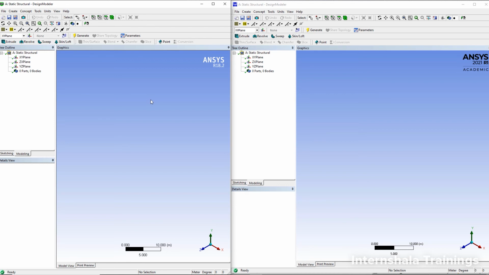So with this, we are clear that whatever options we are going to learn for creating or controlling materials using the Engineering Data Manager, and whatever options we use for creating models inside Design Modeler, haven't changed much in the newer versions of ANSYS Workbench in comparison with the older version. So if you learn the older version of the software, you will have no trouble going forward with the newer version as well.